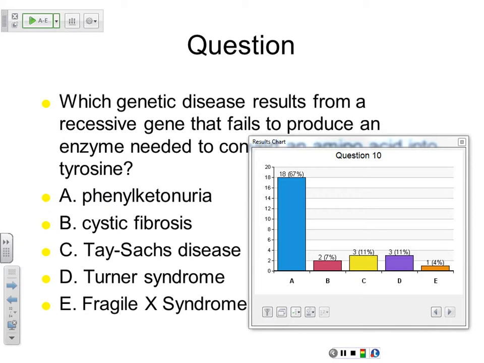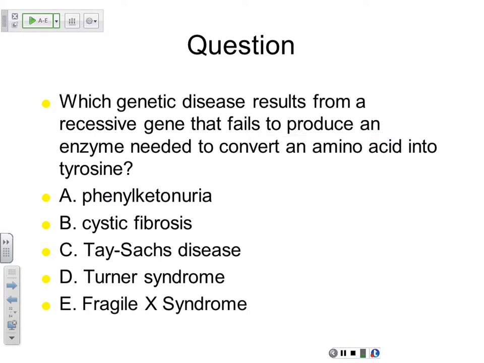Phenylalanine is converted to tyrosine by phenylalanine hydroxylase. So it is phenylketonuria, right? So that will be A. A bunch of you got it. Great. We'll be talking about this condition in a little bit, so I'll just go right there so we don't waste too much time. So A is the answer.